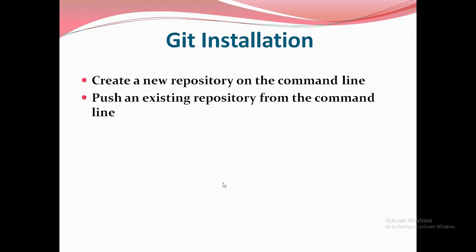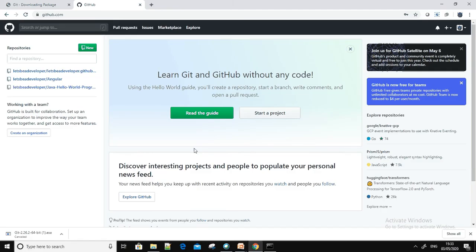Next, there are two approaches to doing the Git integration for the Angular project. One is that you first configure the Git project and then do the Angular development. The other is that you have already created a project, and then you have to add it to Git. That is the second approach. In our case we'll go through both approaches and how they can be done.